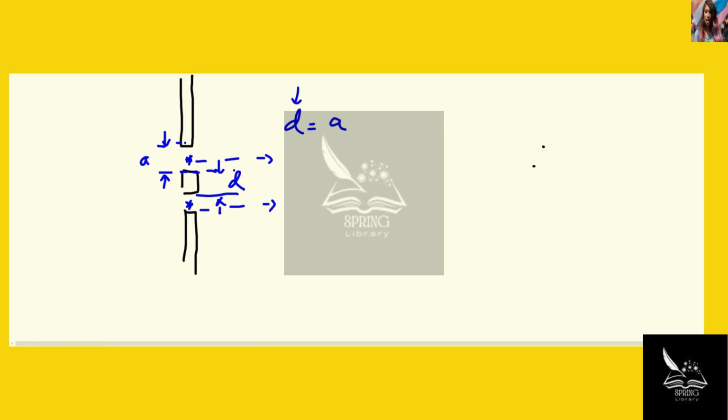So this is the gap between the slits, and this is the width of the slit, and they're equal to each other. And the two slits combine such that they become a single slit with width A. So imagine these two slits, the first one and the second one, bump up together and end up becoming 2A